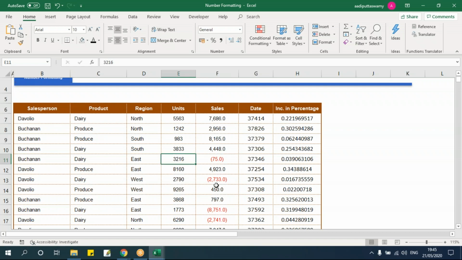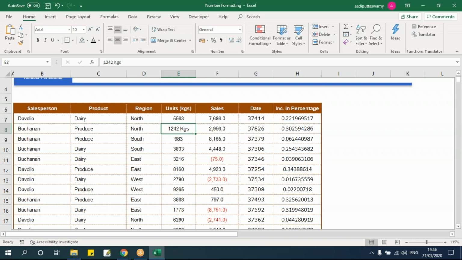Let's come to the units. I want the units to have, say, kgs or numbers or kilometers or any kind of units. Usually what we do is we'll go here. Let's assume that I want kgs. I'll specify that in the heading itself. Fine, over. But what if I want the units to be like this? If I'm giving it like this, these two cells where I mentioned kgs have become text, and I cannot do any calculation there. But I want all the values to have these units, but still they should be numbers.